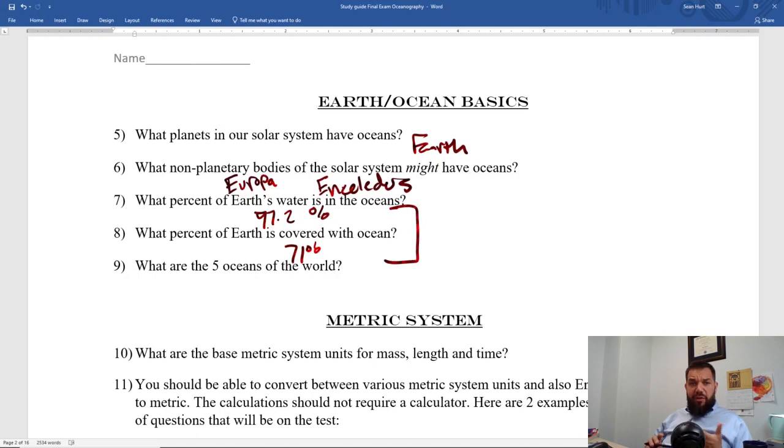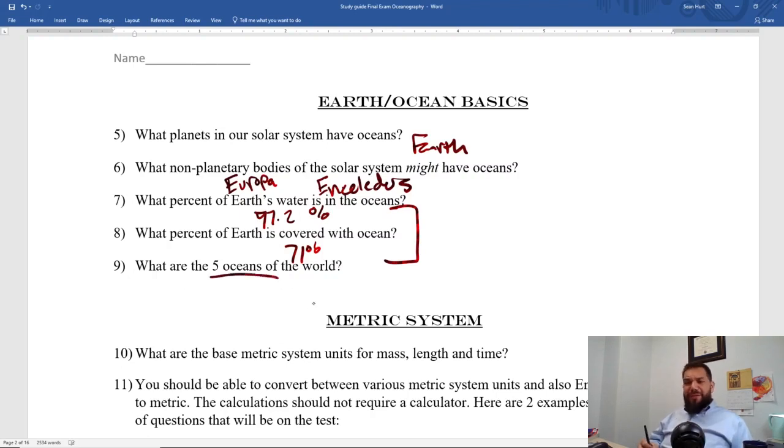Because it's not going to be a multiple choice question probably. You're probably actually going to have to type in the correct number. Usually you have like 1 or 2 percentage points of error. So if you said 98% instead of 97%, or you said 96% or whatever, it'll probably still count that as correct. So don't worry too much about that.